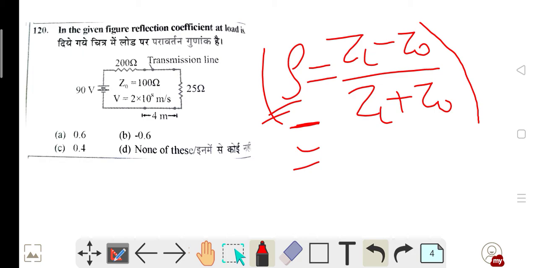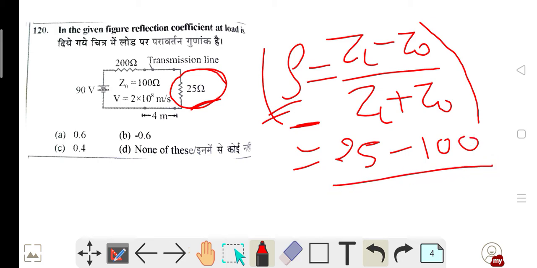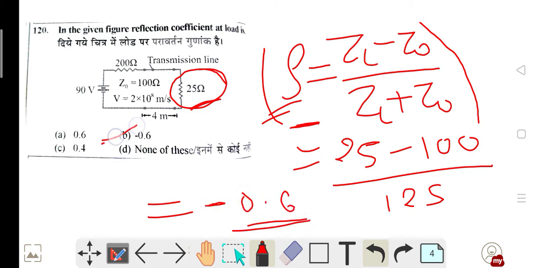ZL is clearly here, it means load impedance, 25. ZO means characteristic impedance, that is 100. So 25 minus 100 upon 25 plus 100, that is 125. If you calculate it, it comes to minus 0.6. So option B is correct. Okay, you have